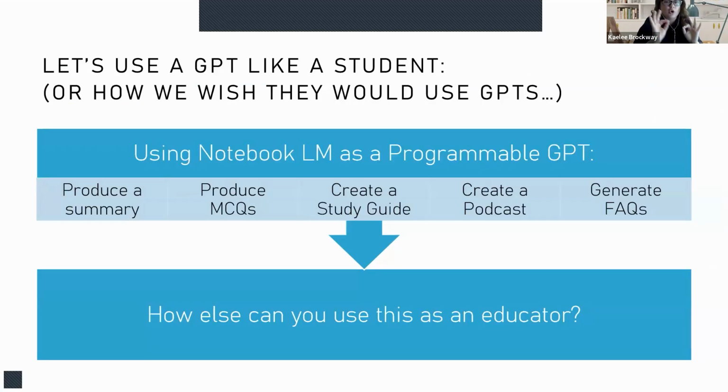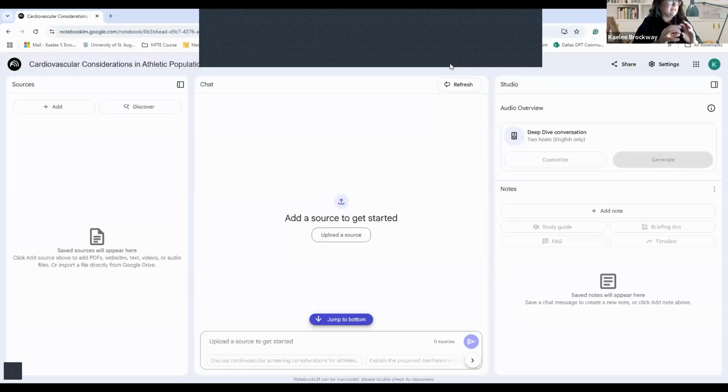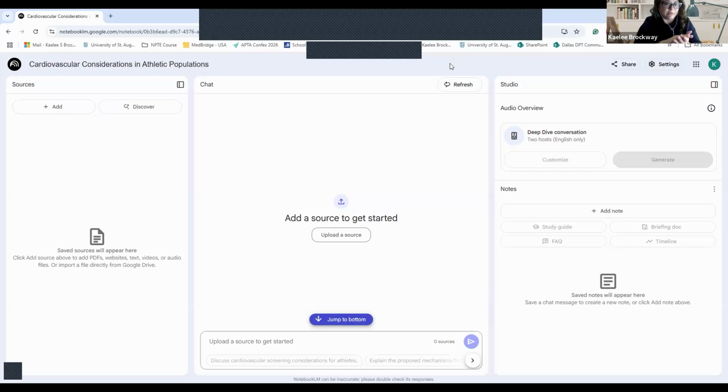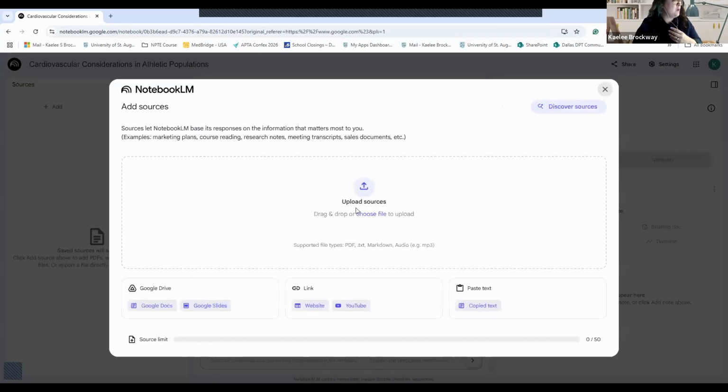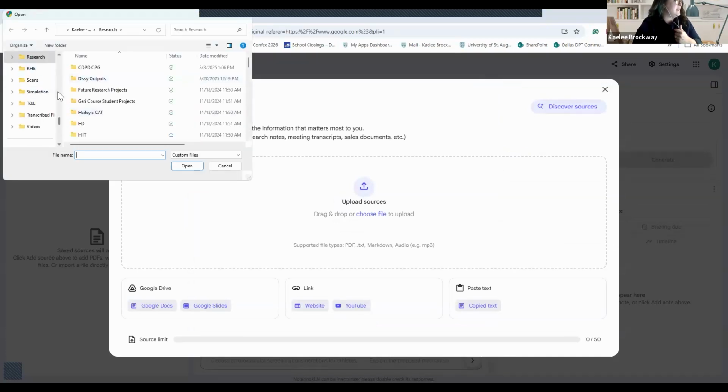And now let's take just a quick look at what this actually looks like. Okay, so I'm going to stop sharing my screen real quick and go back to a different share here. So this is a little bit of a different thing. So you all heard about Notebook LM yesterday, and Notebook LM is not necessarily a custom GPT. It's got a built-in foundational language model, which is Gemini. But what you can do is you can program it exactly the way that you want to program it with your base data set,